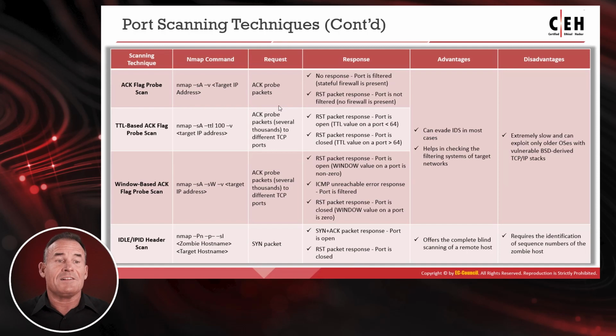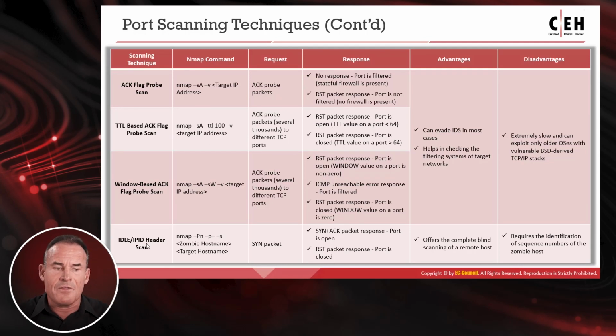All right, additional scans, the ACK flag probe scan. Okay, this gets into potentially mapping out firewall rule sets. So I expect an RST packet response. If I don't get one, that port is filtered. You have a stateful firewall or firewall in general that's blocking the response traffic. There's also TTL based, where you see boundary condition issues or non-zero window sizes, which can also indicate a filtered